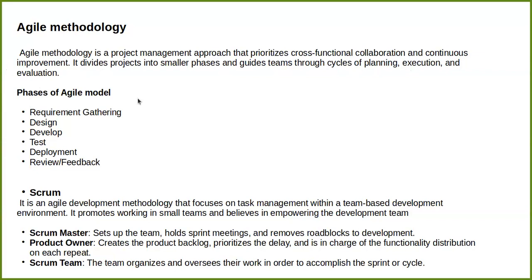So in our agile methodology, instead of starting developing the whole project from scratch, what we are going to do, basically we are going to